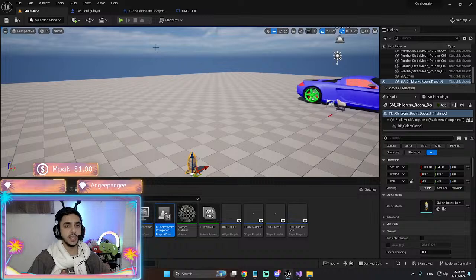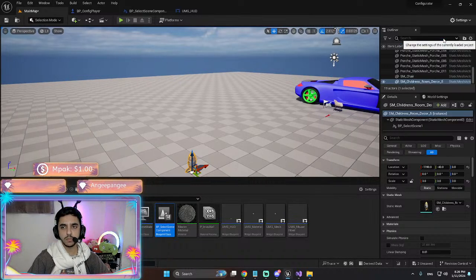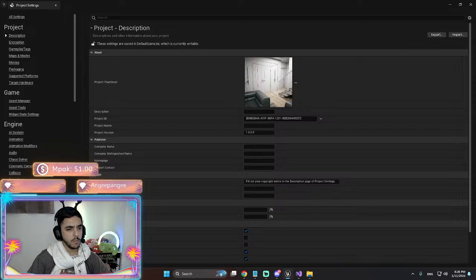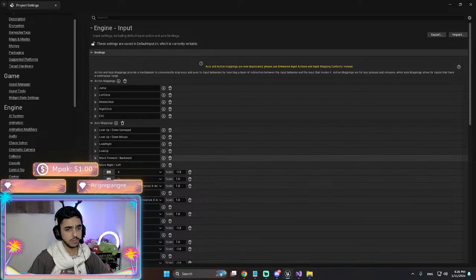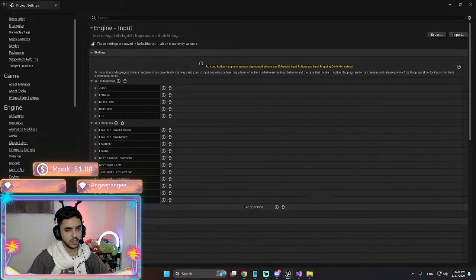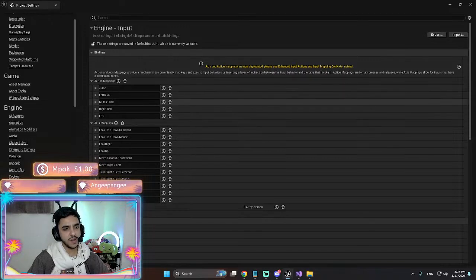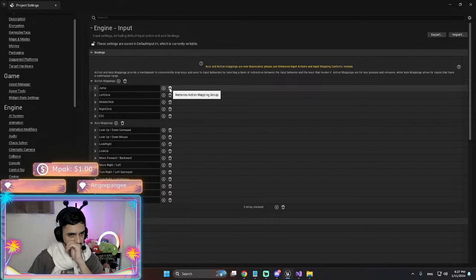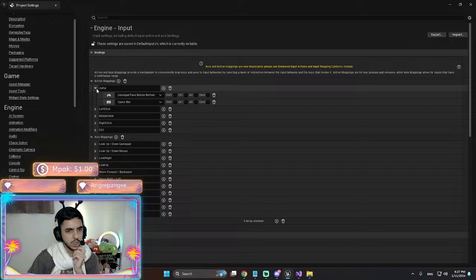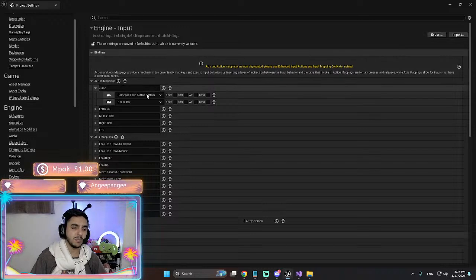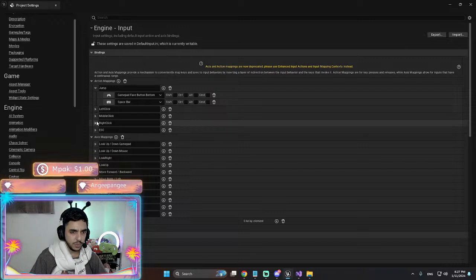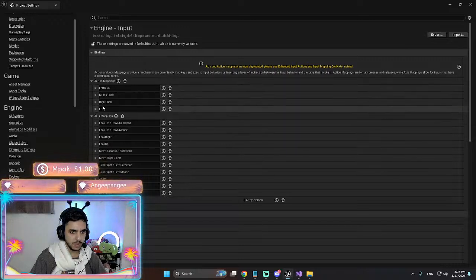The other one was ENQ, so I'm gonna go to my input section here. Yeah, we have a bunch of things we're using, except this jump one. I don't use the jump one. So it's a good idea to have a space. No, space doesn't do anything in my project, so forget it. We have WASD, which I will show you in a moment.